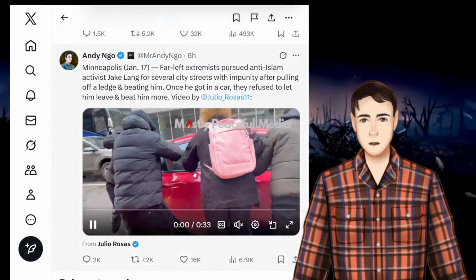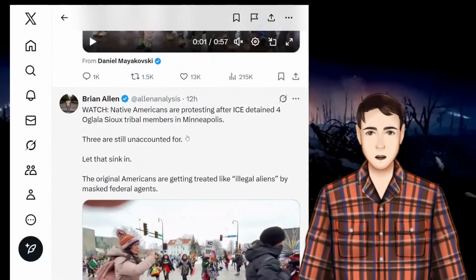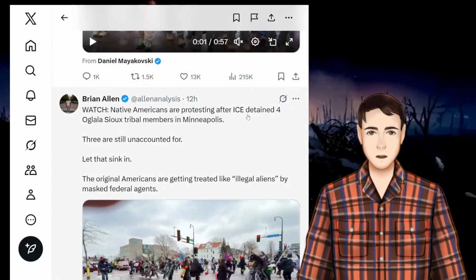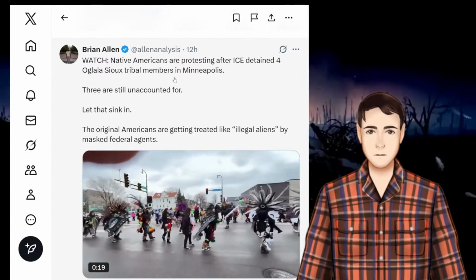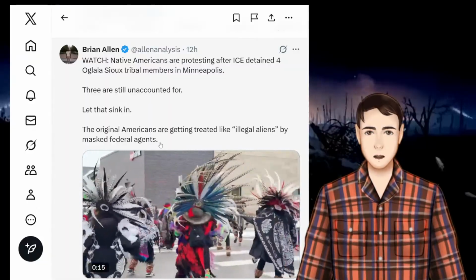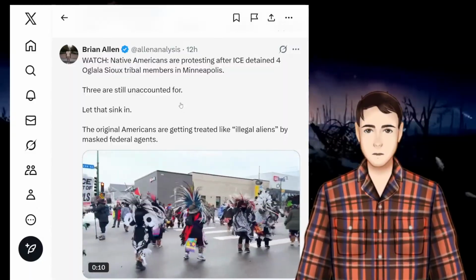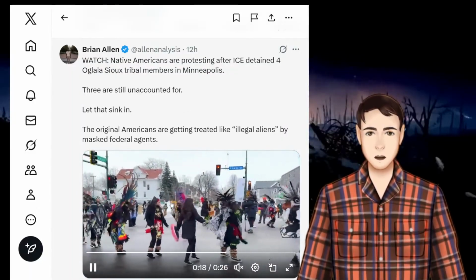So yeah, things are just continually being on fire in Minneapolis. Native Americans are protesting ICE after ICE detained 4 Oglala Sioux tribal members in Minneapolis. 3 are still unaccounted for. Let that sink in. The original Americans are getting treated like illegal aliens. I imagine they probably got arrested for interfering with,